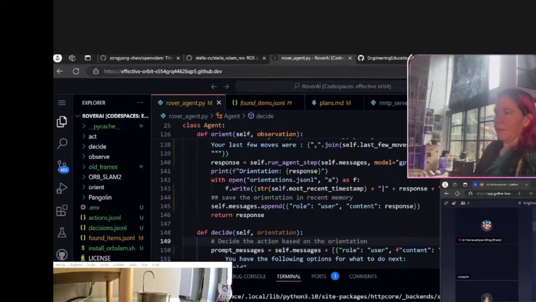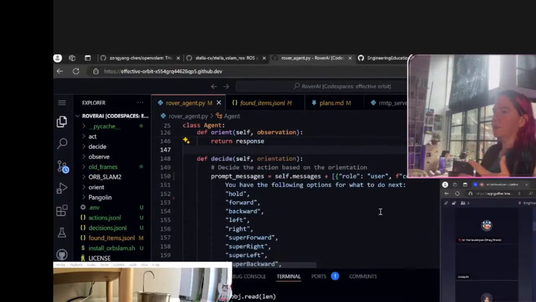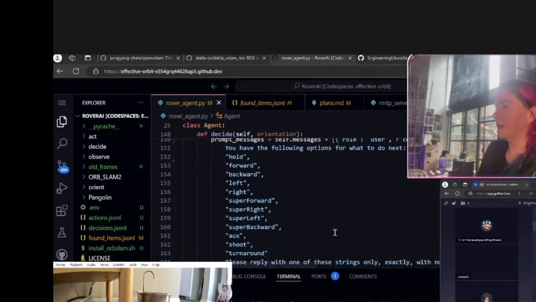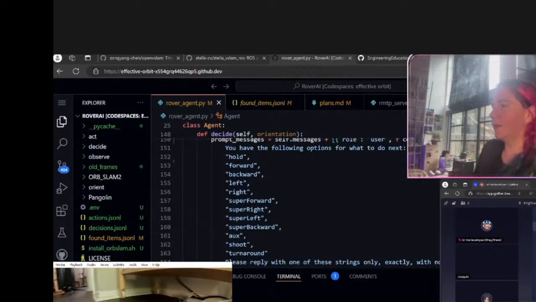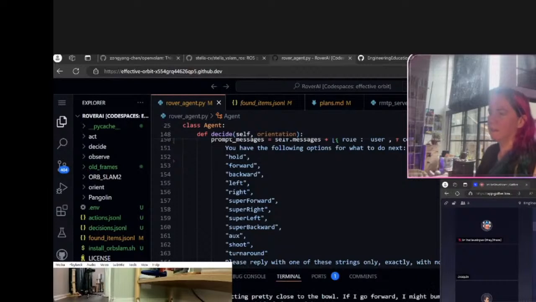You know what? I'm gonna kill it and try again, because we got rid of the go, and I feel like it wasn't using go properly. It was using forward, and so it would go forward whenever it was issuing forward, but whenever it was getting go, it didn't seem like it was. Okay, and then it says decision left, action L.